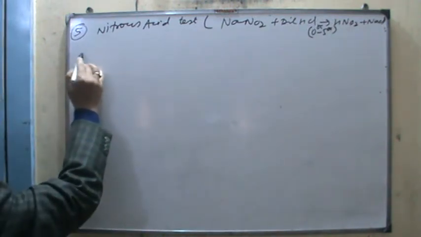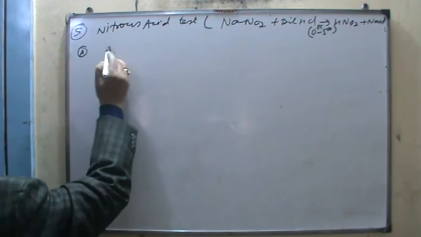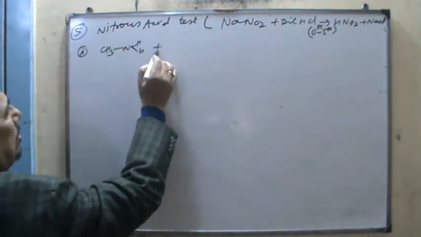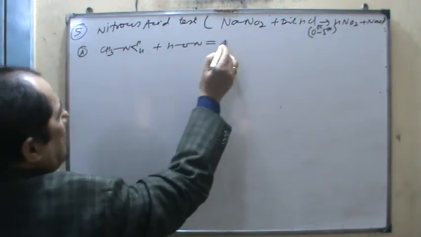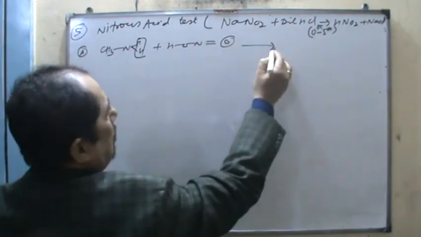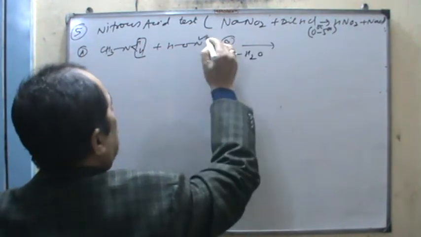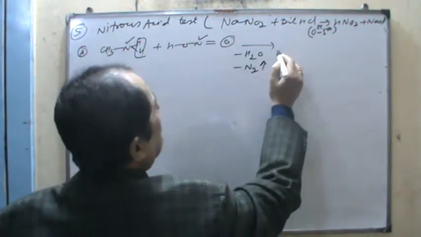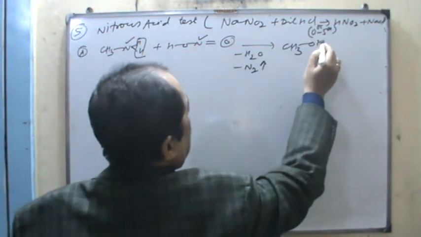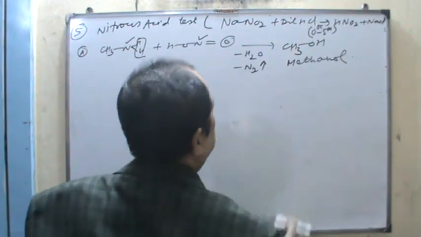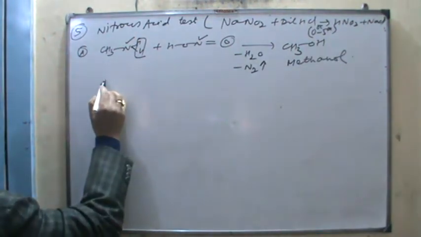In case of the primary amine, this is CH3NH2 plus nitrous acid. This H, this oxygen, water is lost, nitrogen N2 is lost, CH3OH. What is that called? Methanol. You take an aromatic amine,